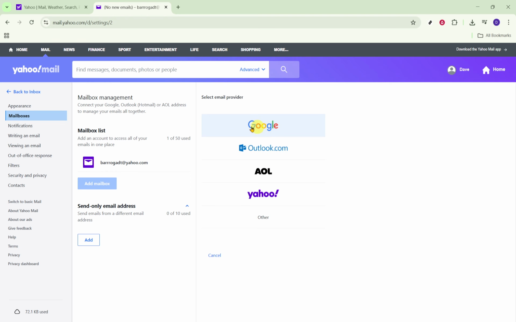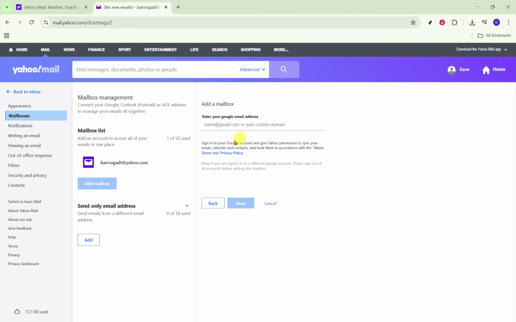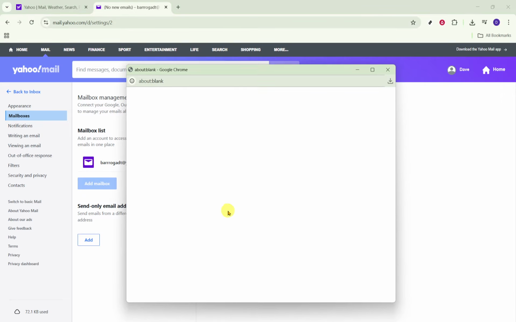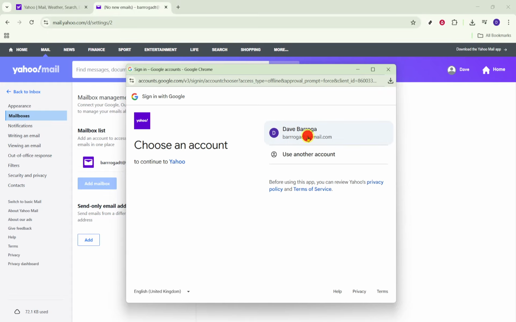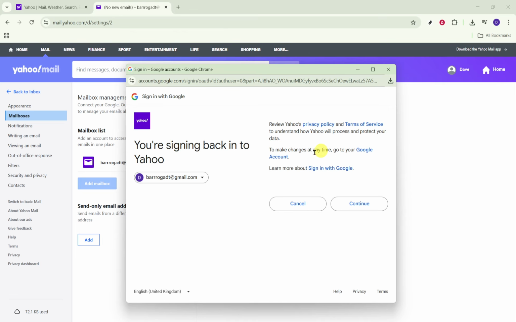This begins a secure connection between Yahoo Mail and your Google account using Google's sign-in system. When prompted, choose Sign In with Google. A Google window will appear. Select the Google account you want to add. If you're not already logged in, you may be asked to enter your Google password or complete verification. Click Continue to proceed. Next, Google will show a summary of what Yahoo Mail is requesting access to, such as